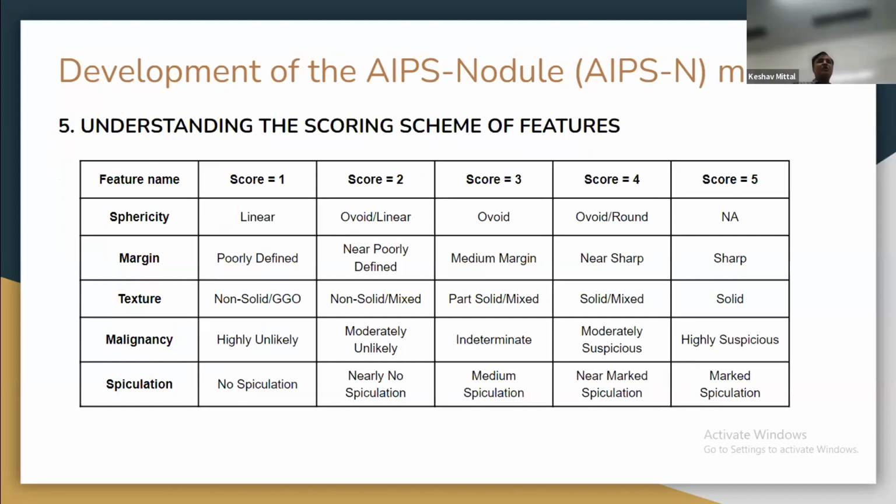Then we need to understand, I was talking about 5 features. I discussed there's a sphericity, there's a margin, there's a texture, there's a malignancy, there's a speculation. मैंने बोला था कोई नंबर होते हैं, स्फेरिसिटी का नंबर होगा कोई। स्फेरिसिटी नंबर क्या है? कि कितनी तरह की हो सकती है। लीनियर हो सकता है, लीनियर मतलब सीधी सीधी लाइन में, स्फेरिकल। ओवॉइड हो सकता है, ओवॉइड कम लीनियर हो सकता है, राउंड हो सकता है। तो हर एक फीचर के बेसिस पे उसको स्कोर दे दो। अगर वो लीनियर है, give a score of 1. If it is ovoid slash linear, give a score of 2. If it is ovoid only, give a score of 3.